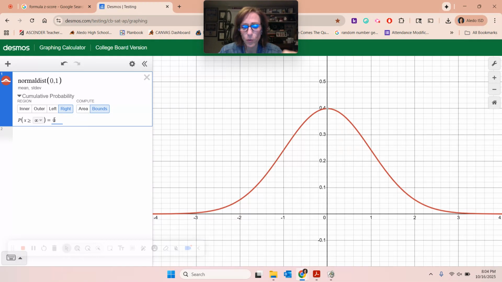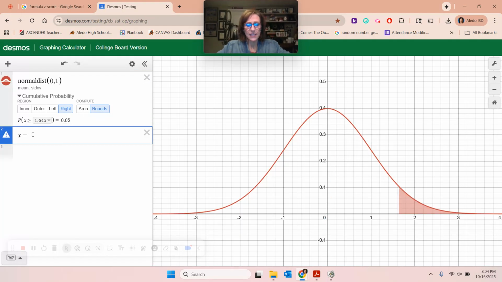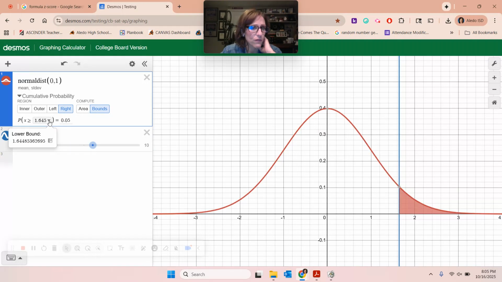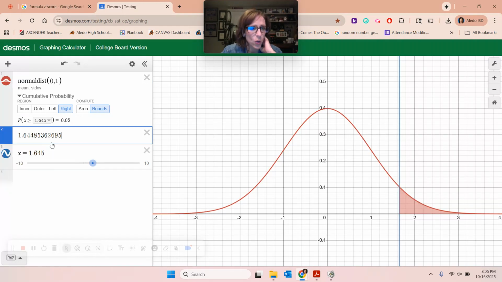It's 0.05, not 0.5, 0.05, okay? So then that's telling me that this line right here is that 1.645. So you can see, I just marked this here, so you can see that 1.645. There's that whole fraction right there,